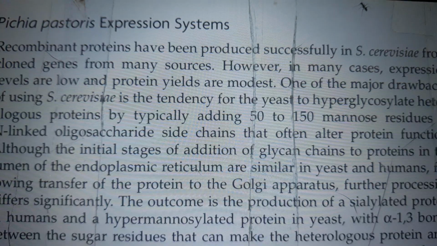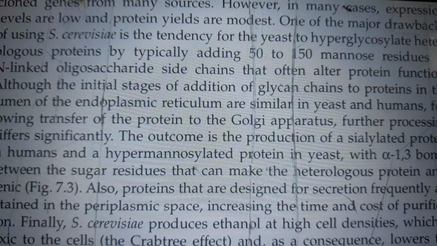The Pichia pastoris expression systems. Recombinant proteins have been produced successfully in S. cerevisiae from cloned genes from many sources. However, in many cases, expression levels are low and protein yields are modest. One of the major drawbacks of using S. cerevisiae is the tendency for the yeast to